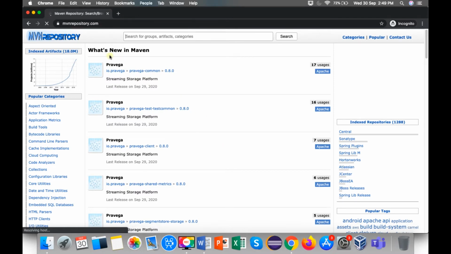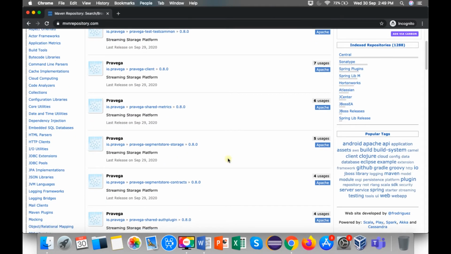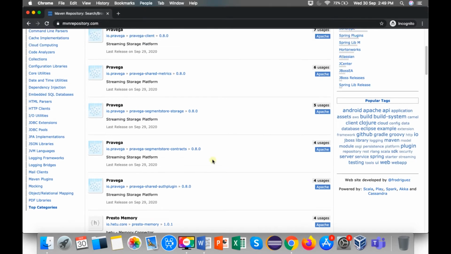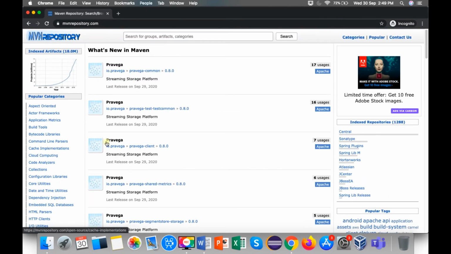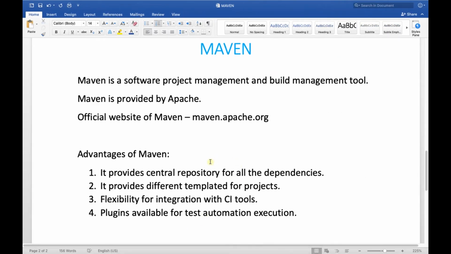It is displaying the new libraries that are present. So this is the repository which has almost all the dependencies that are required for any type of project, right? So this is one of the benefits of Maven, because it provides a central repository for all the dependencies.